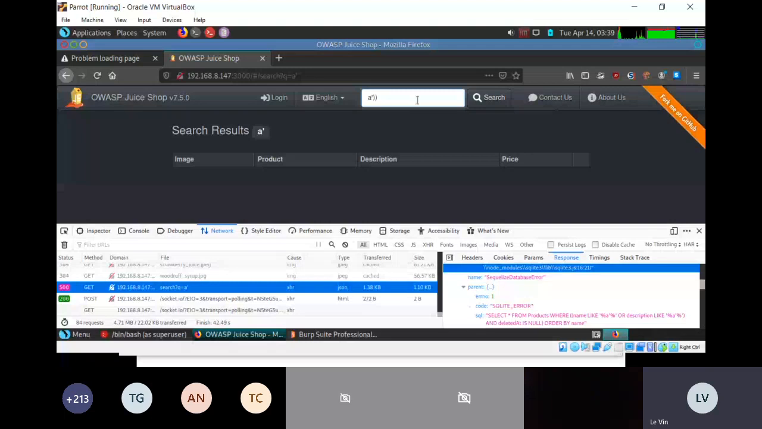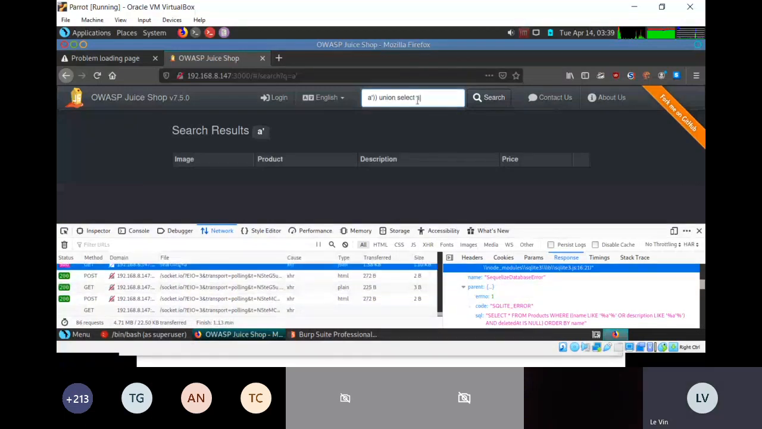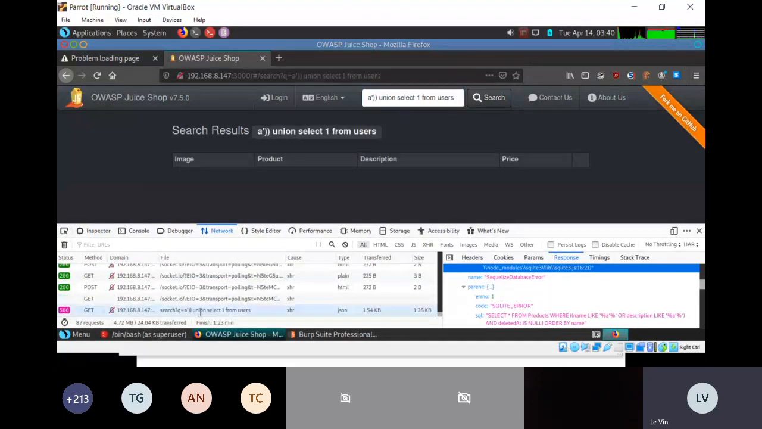So I will try to figure out how many columns there are, as well as the database that is being used. So this is the query that I'm going to use. I've submitted this query. If I look into this query here,